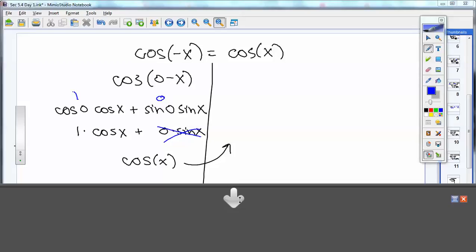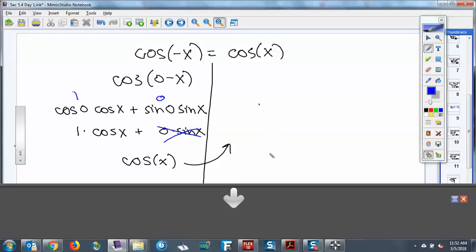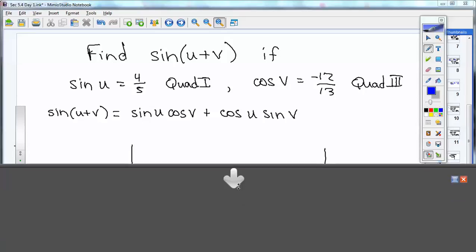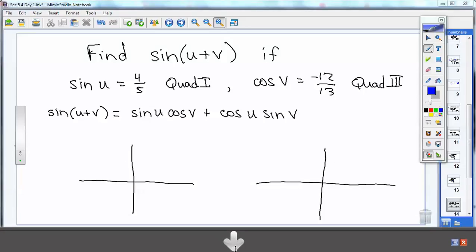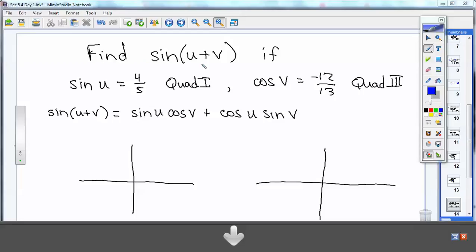Okay, so those are just a couple of other places we could use this sum or difference identity. Okay, all right, last thing we're going to do with it, we probably will not finish it up here, but the last type of problem I have: find sine of u plus v if